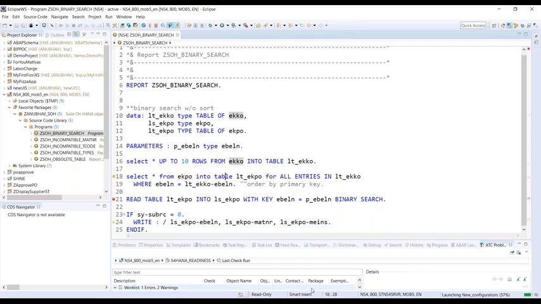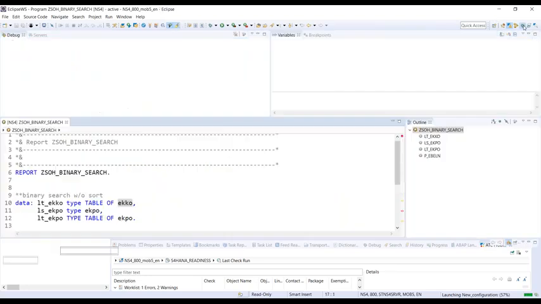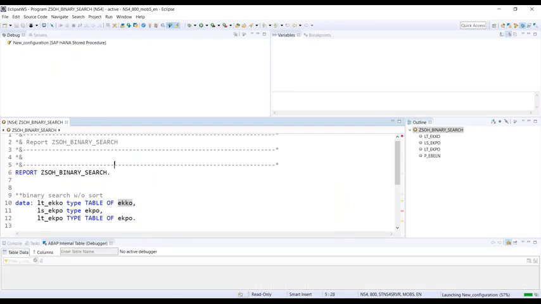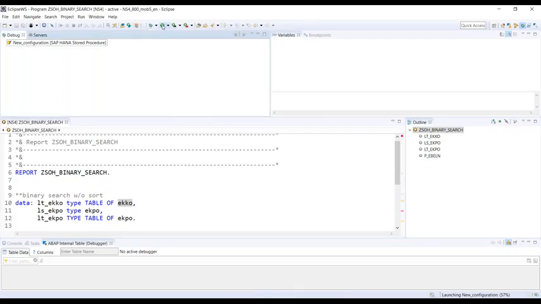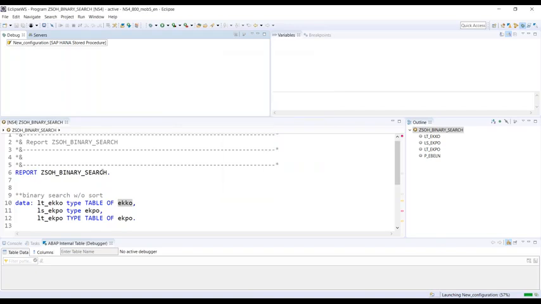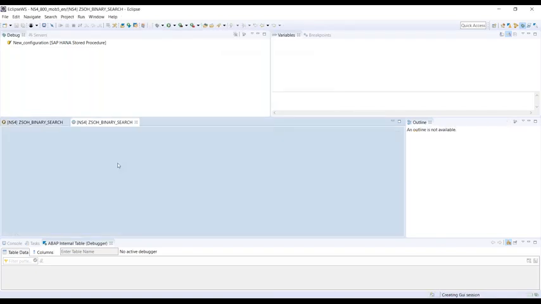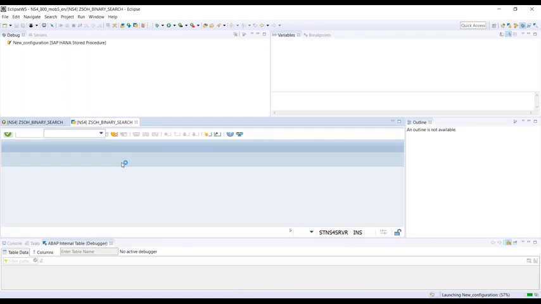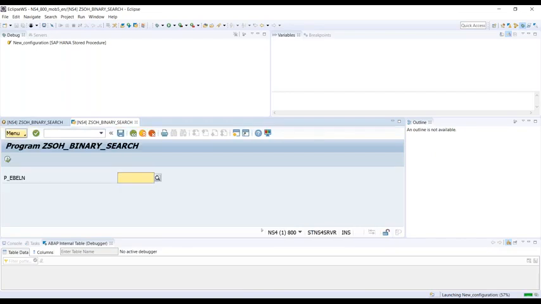So I run this report in debug mode, switch to the debug perspective, and say debug, run this, execute directly. And I give some number.